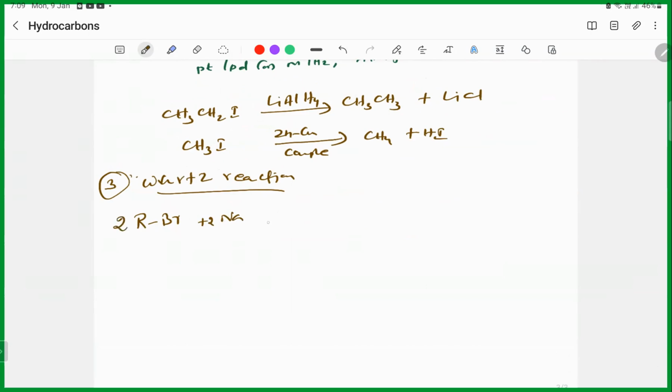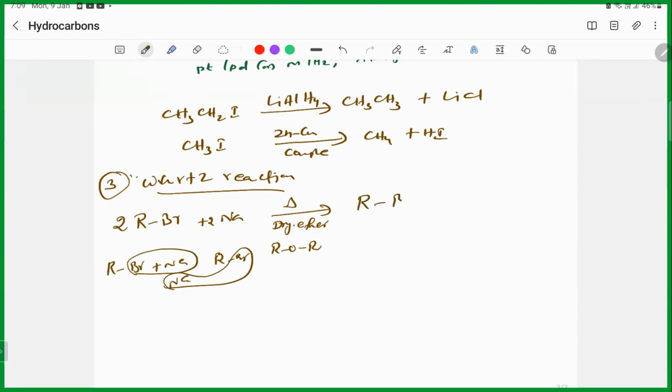So 2 moles of alkyl bromide in presence of sodium, when you are heating in dry ether, ether is a solvent. Since you have involved sodium metal, you should not use a protonated solvent. You have to use a solvent like ether, benzene, like that. So RBr plus 2 Na plus RBr. What will happen? It will take this and then it will take this, so ultimately it will give R-R plus 2 NaBr. For example, when you take ethyl bromide CH3CH2Br plus Na plus CH3CH2Br,